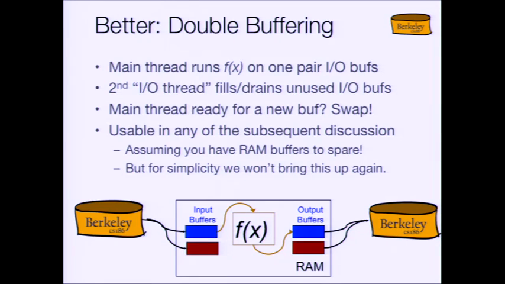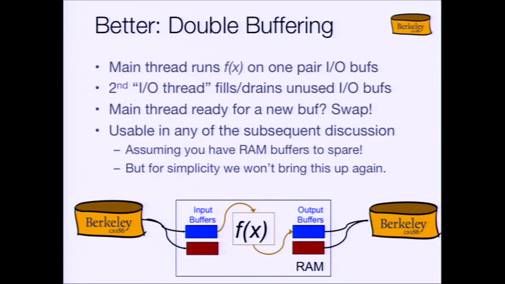And then when the main thread is ready to, say, read another block or write a block, well, there's a block ready to go, because the other thread either filled it or drained it, okay? And so you just swap the blues and the browns. And you didn't have to wait for the disk drives. That thread that's doing the computation is kind of always computing, and the other thread is doing the I/O in